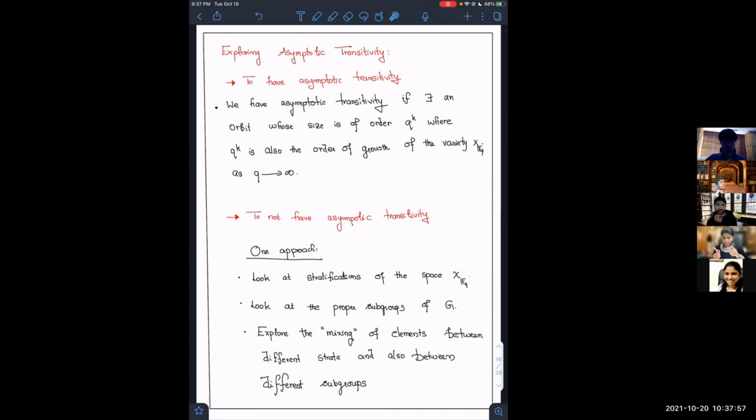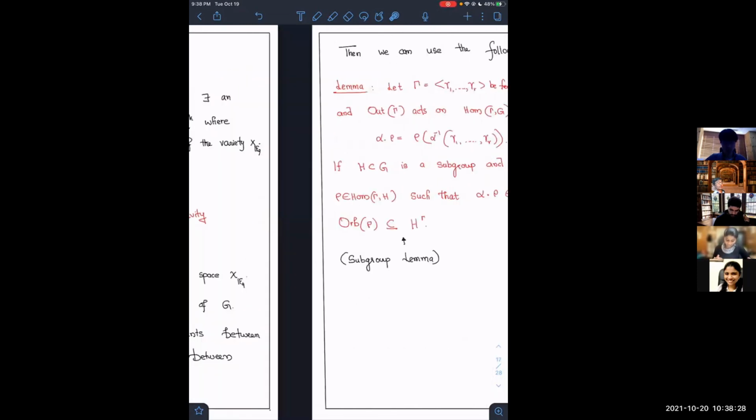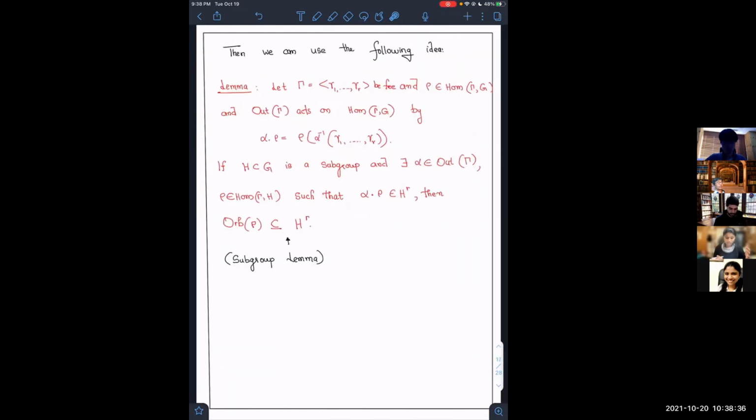Then we explore which subgroups of this G, like how does the mixing happen, I'll explain a bit what I mean. How does the mixing happen between elements in different strata and between these different subgroups, and then using those, try to understand if we can say something about whether the action is asymptotically transitive or not. So what I mean is, if we have this stratification, and if we know how the different elements interact within different subgroups and within different strata, then what we could do is